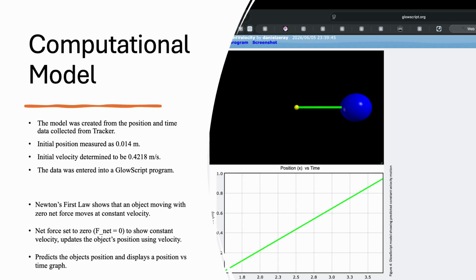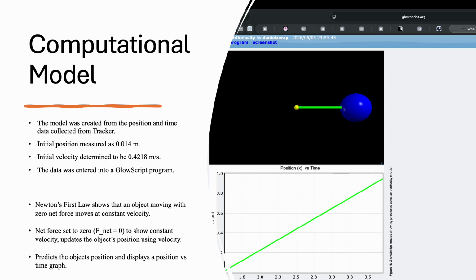Computational model. Using the data collected from Tracker, I created a computational model in GlowScript. The initial position of the toy car was measured at 0.014 meters, and the initial velocity was determined to be approximately 0.4218 meters per second. These values were entered into the GlowScript program, and the model is based on Newton's first